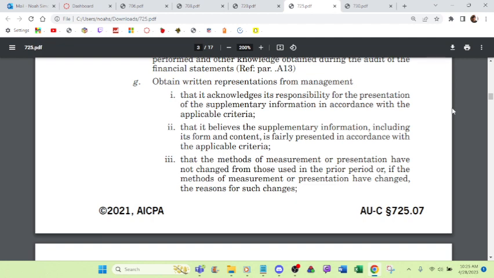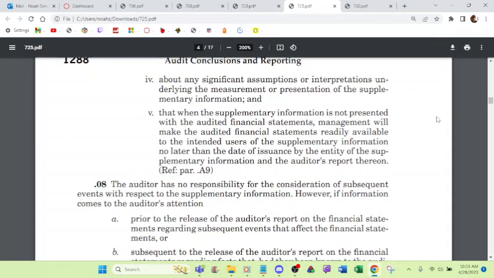That it acknowledges its responsibility for the presentation of the supplementary information in accordance with the applicable criteria, that it believes the supplementary information, including its form and content, is fairly presented in accordance with the applicable criteria, that the methods of measurement or presentation have not changed from those used in the prior period, or if methods of measurement or presentation have changed, the reasons for such changes,